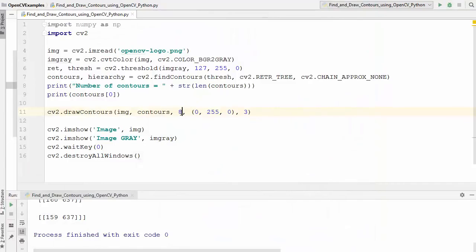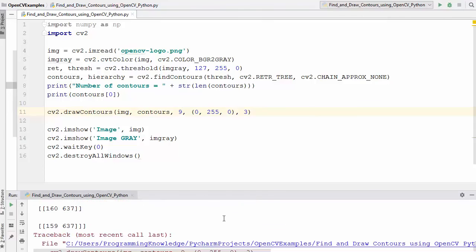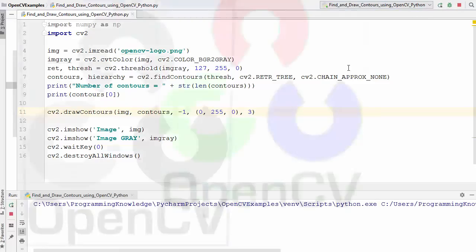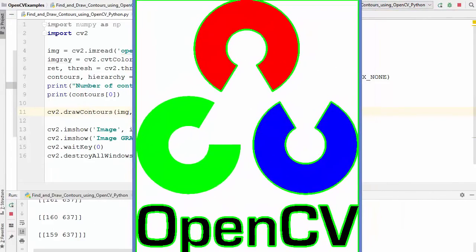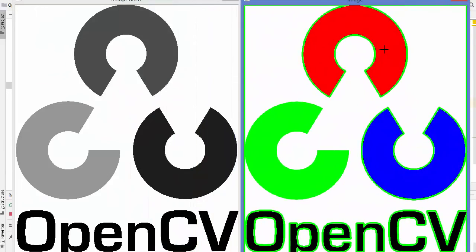Now if we go beyond this index, let's say we give 9 here, we are going to get an error, right? So you can go up to 8 here, and if you want to draw all the contours, you can just give -1 here, and it's going to draw all the contours on the image which you are providing. So this is how you can find contours and draw contours on images using the findContours and drawContours